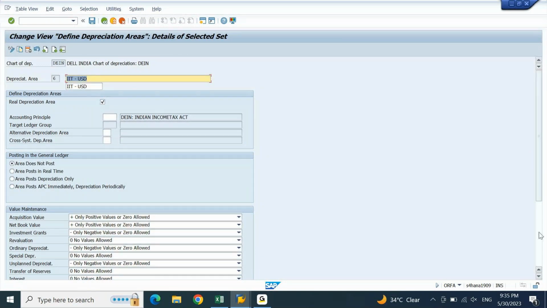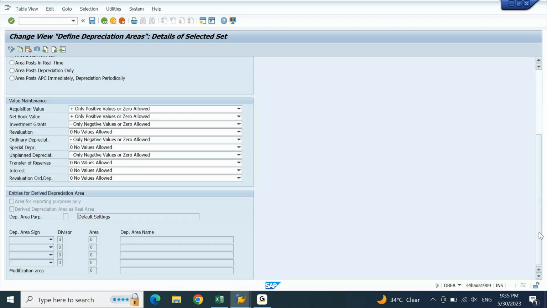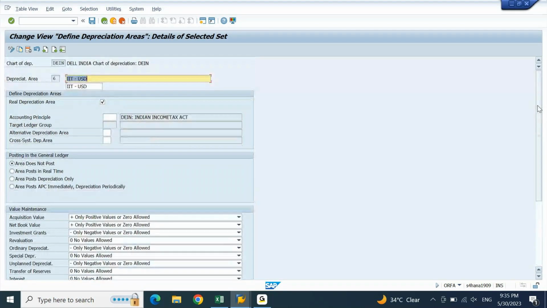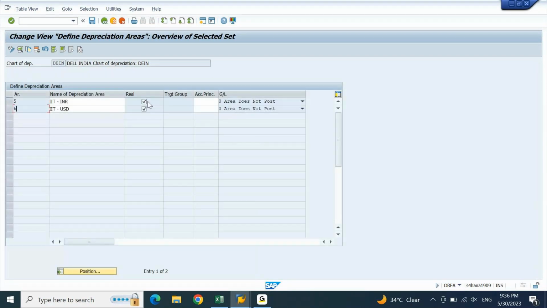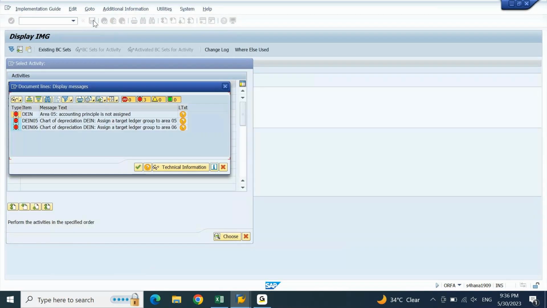Now if I come down, now I'm lost. I don't know what to do. Now what needs to be done? Should we remove this and then proceed with the requirement, or this is your actual requirement? This is your actual requirement to have two things. Now if I go back, if I try to remove these two, it is not allowing. This is giving this one.